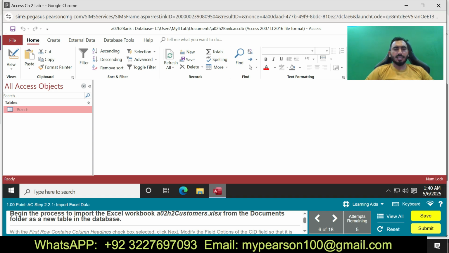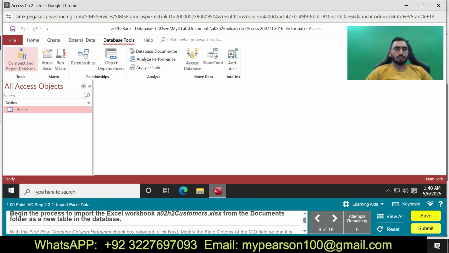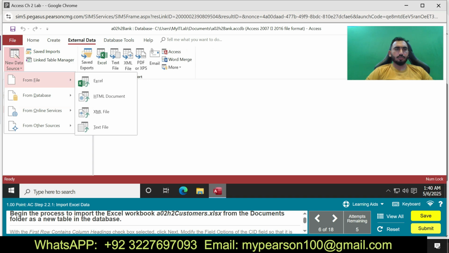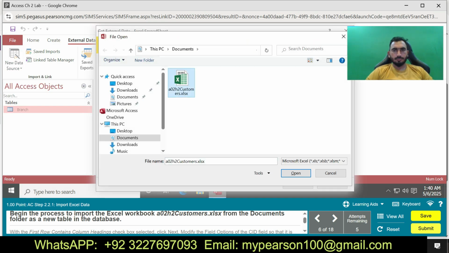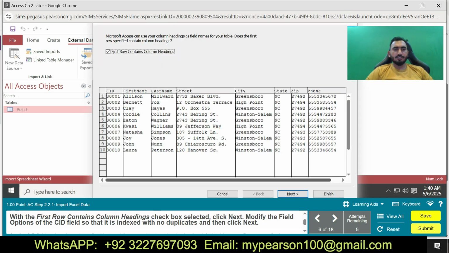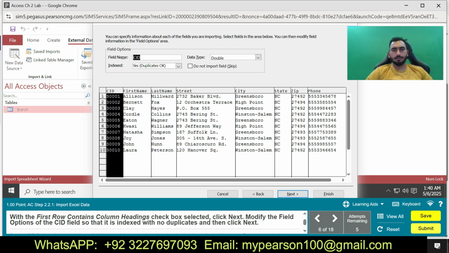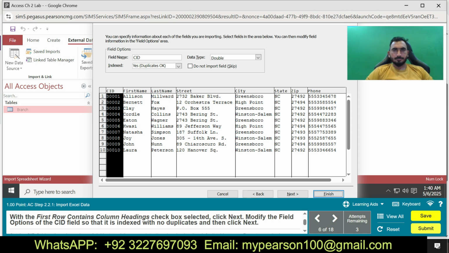To begin the process, import the Excel workbook. Now I am going to select the first row contains column headings checkbox, and then click Next.